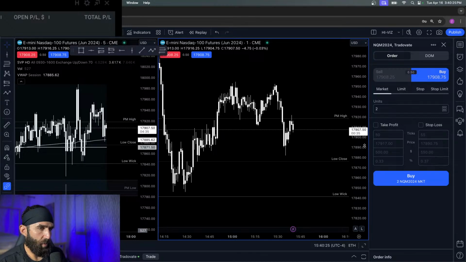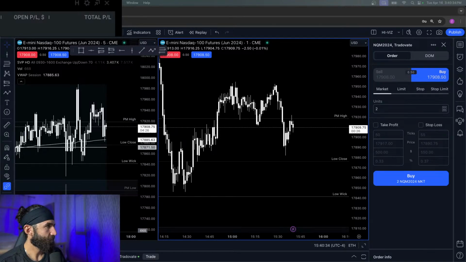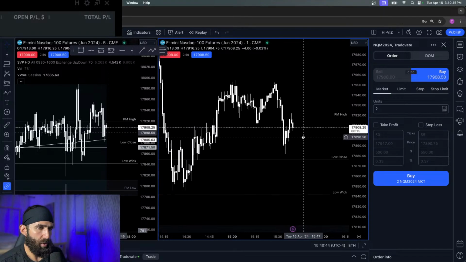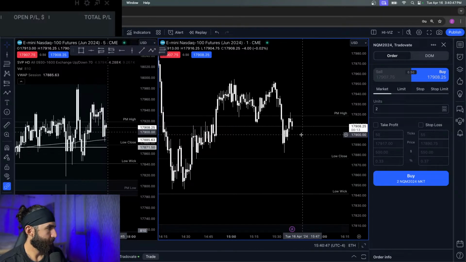So it looks like it wants to form nice downtrend structure right now. I'm going to wait to see. Maybe we take a late trade. We start up on this one a little bit late. Appreciate that. No pressure, man. No pressure.